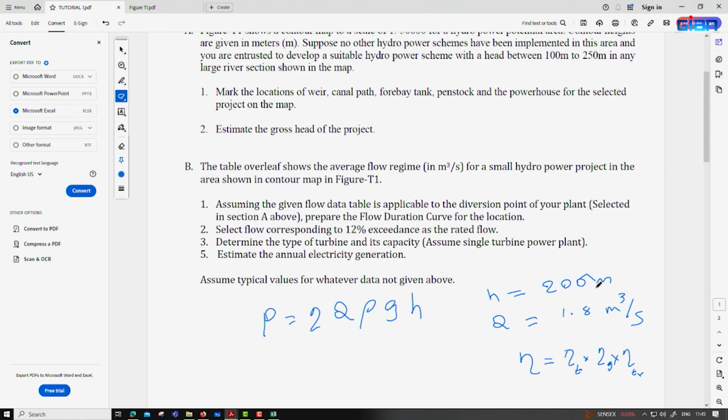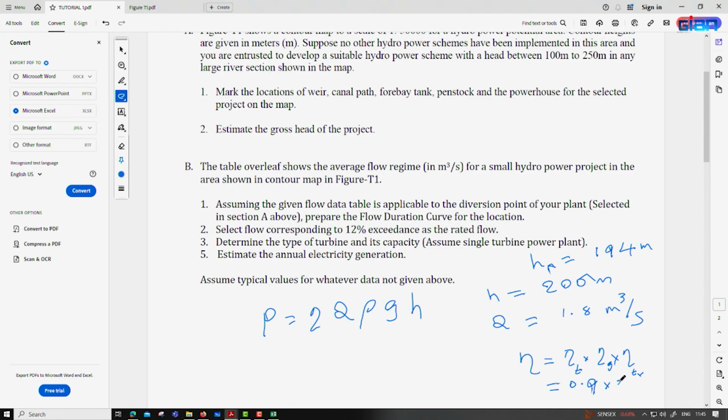This is gross head 200. So, net head we can say, we will allow about 3% loss in the penstock. So we will deduct about 3%, net head is about 194 meters. So, turbine efficiency we will take, say, maximum efficiency is 0.9,